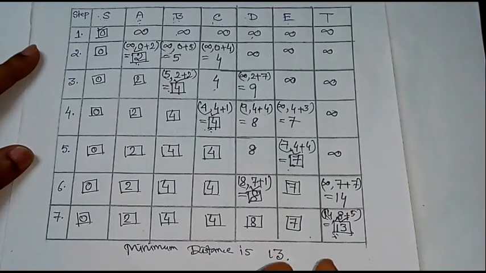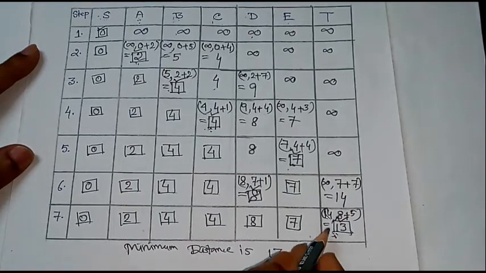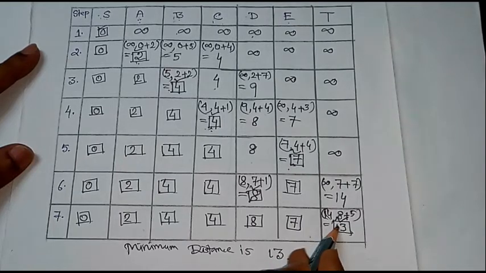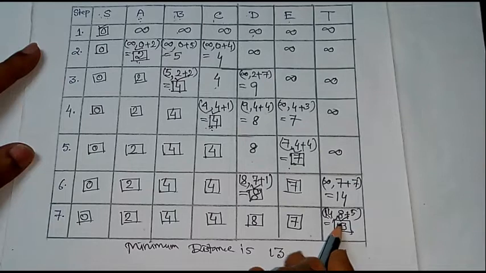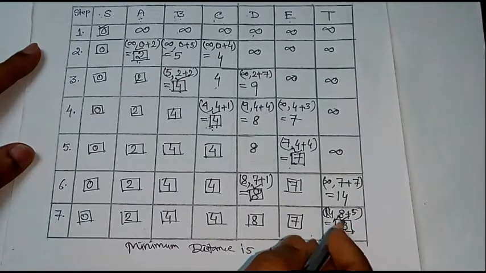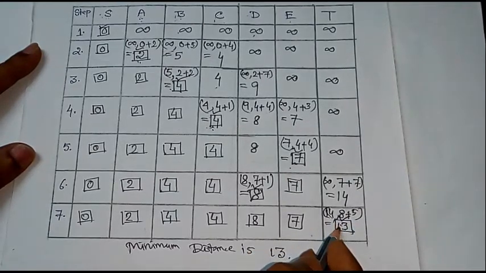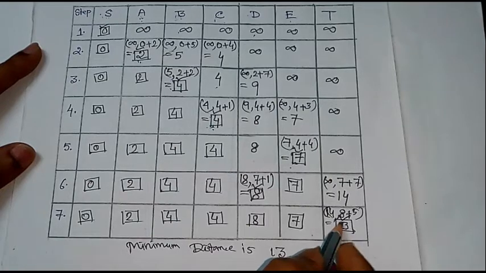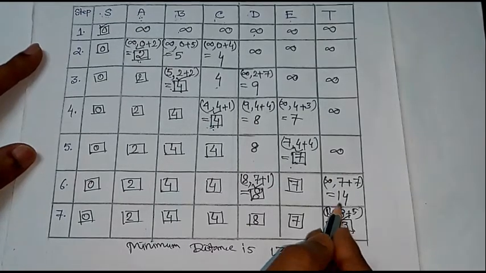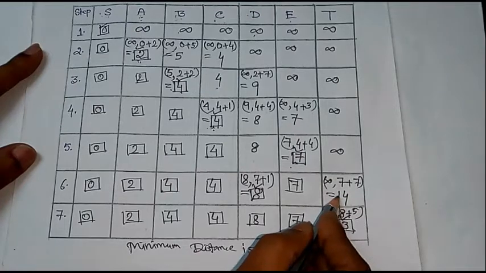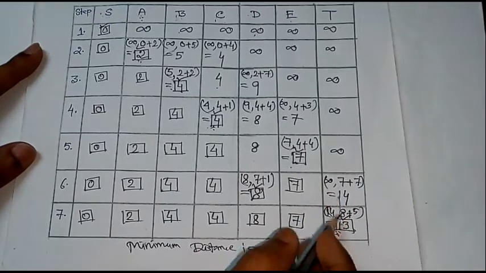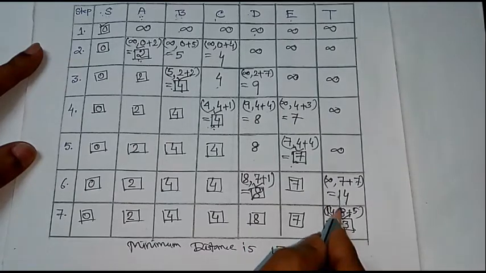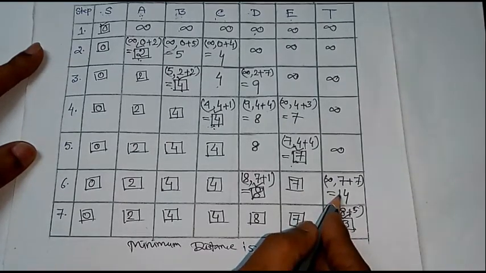To find the shortest path, we have to start with the destination vertex. Here T is the destination vertex and 13 is the permanent label of T. So we shall start from here. And the rule is we have to move vertically upward until there is a change in the value of T. Here we see that if we move vertically upward up to this value, then there is a change. This was 13 and this is 14. So there is a change. So we move vertically upward up to this point.